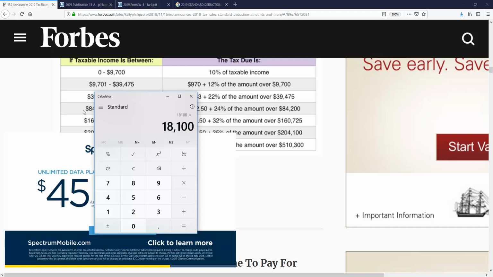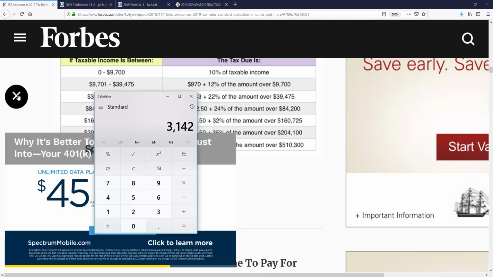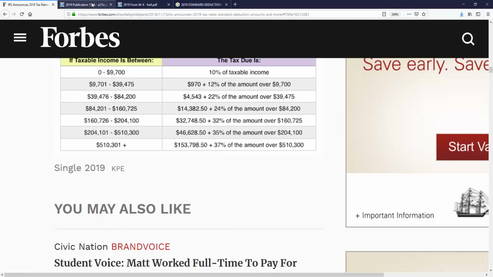Multiply that answer times 12%, and then add 970. That is the total amount of taxes due for 2019. Okay, now let's see what happens when we use our